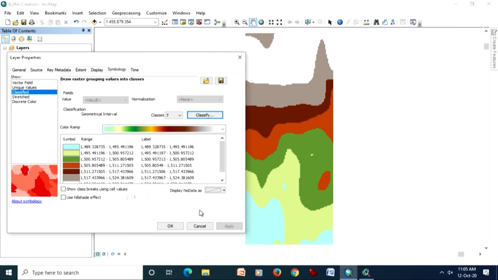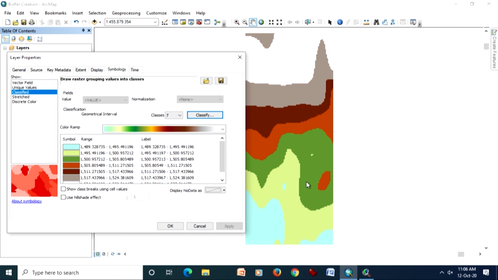They understand the equal interval classification method more easily than any other, because first they see how things are distributed, and what you are seeing here will also become part of our legend. They do not want to study it; they will see the colors and try to relate things with the map and the legend.